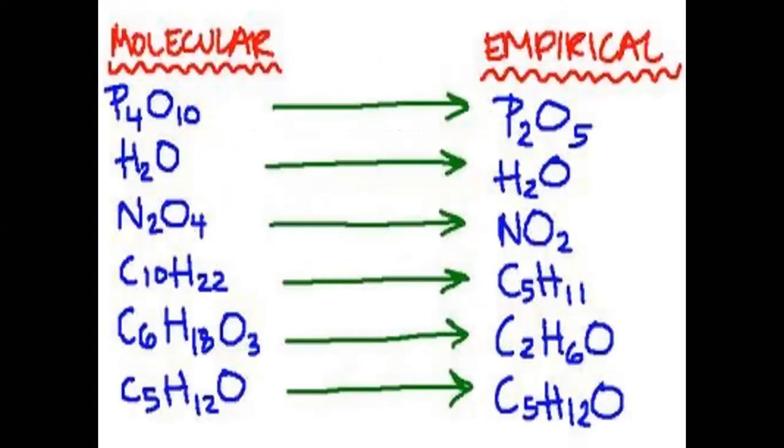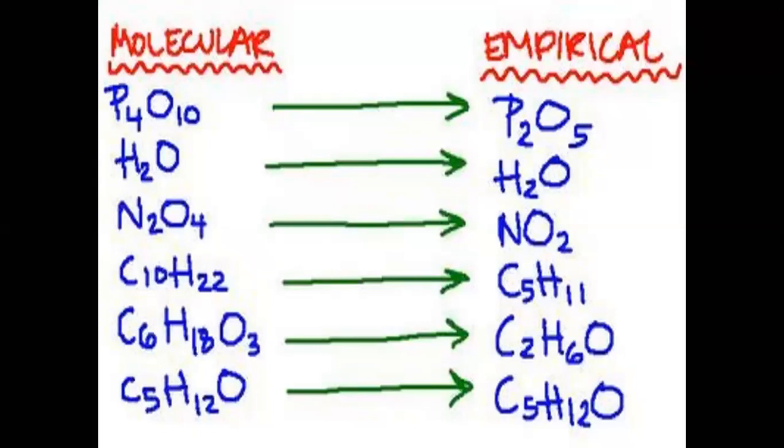Now, students, there are a few examples in front of you. It's better for your understanding. P4O10 is a molecular formula, but after simplification, we get P2O5. It is the simplified formula. It is not the actual formula, it just tells the ratio between the different atoms joined together to give the compound, while the molecular formula is the actual formula.